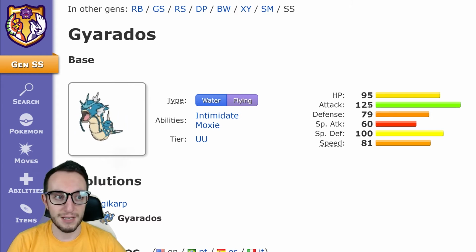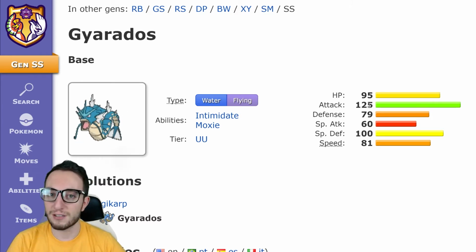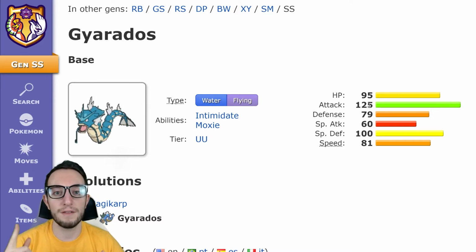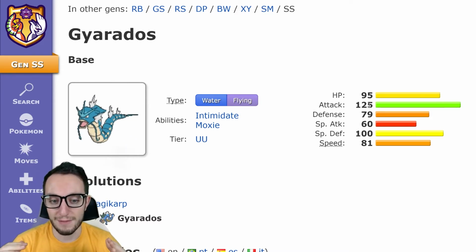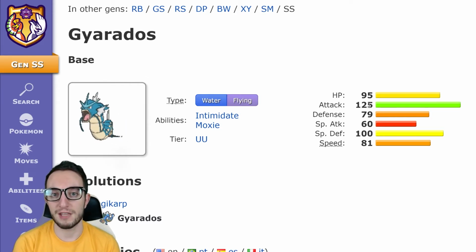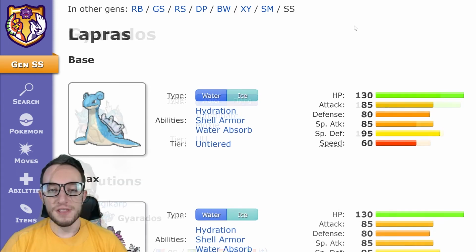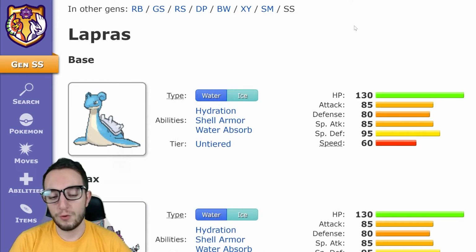Being flying type means it's not going to get hit with Toxic Spikes, it's not going to get hit with regular Spikes. While it is a little bit weak to Stealth Rock, again, that can be offset by the Boots, and flying type actually helps Gyarados a lot defensively. That all being said, I think that Gyarados is totally fine as it is, and we're not going to be touching it at all. And this brings us to Lapras, who...